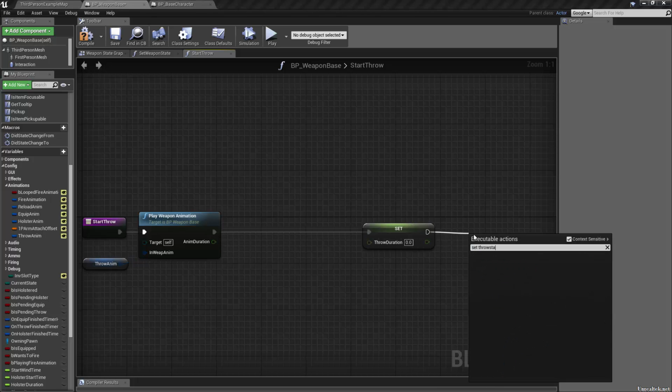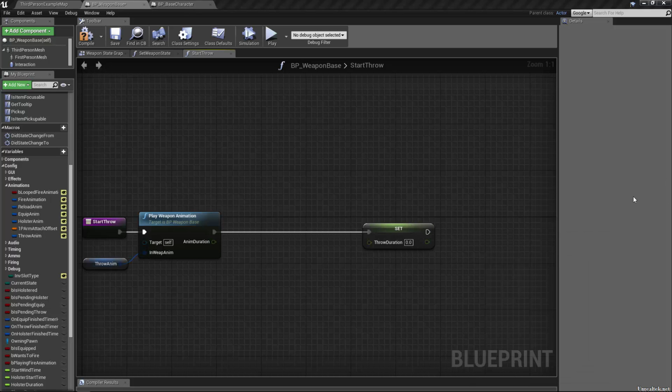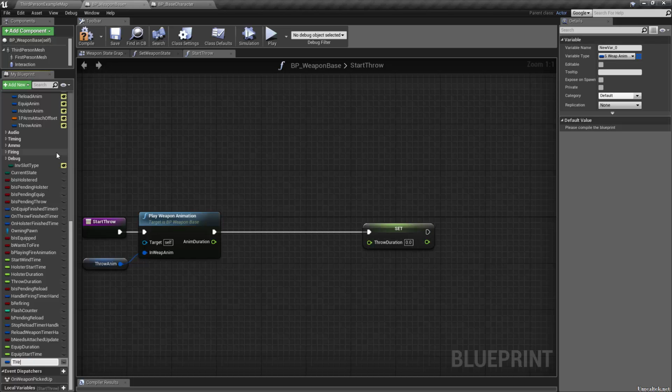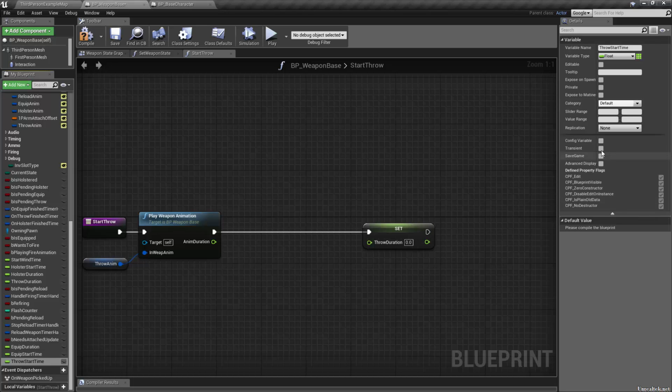Set throw start time. Ooh, we don't have that variable either. So let's create a new variable called throw start time. This is a float that is transient marked, and let's give it a default value of 0. I don't know why I compiled when I didn't need to set it. Oh good, it didn't compile. Alright, so we want to set